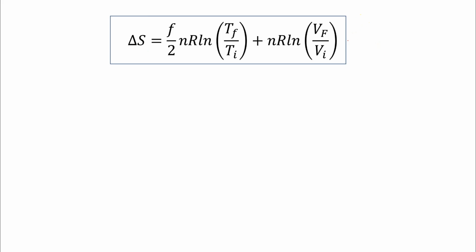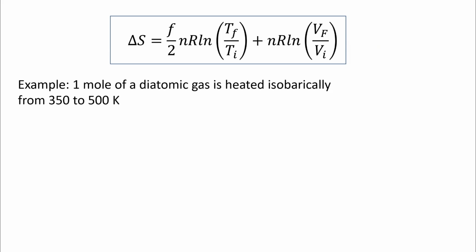So let's look at a quick example. Let's say I have a mole of diatomic gas, and it's heated isobarically. So if you remember, that means the pressure is constant. It's heated at constant pressure from 350 to 500 K. I want to know what the change in entropy is. And you might be thinking, there's so much information you're not given. I agree, but don't let what you don't know prevent you from writing down what you do know. You're told it's isobaric, and you're told the initial and final temperatures. Somehow we're going to use this.